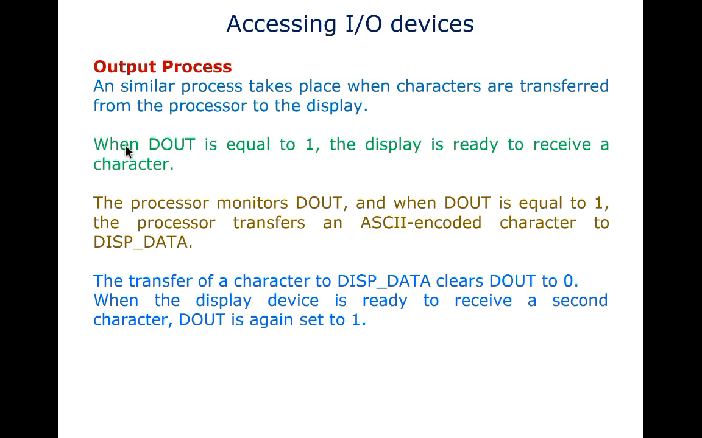Here, when the display DOUT is equal to 1, it tells us that the display is ready, whereas when DOUT is equal to 0, the display is busy. So with respect to this DOUT flag, the processor monitors DOUT, and it sends the ASCII encoded characters only when DOUT is 1. Sending the character clears DOUT to 0 until the display becomes ready again. So the next thing we are going to discuss here is the